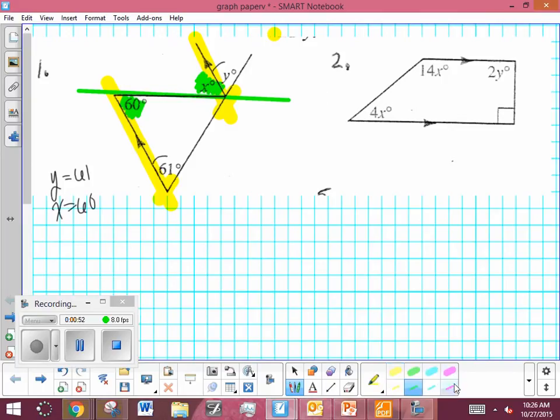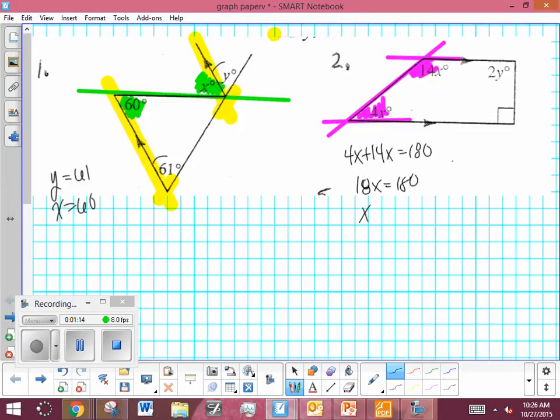Over here, looking at that parallel line and that transversal, I got that angle there and that angle there, which are same side interior. So they are supplementary. Okay, so 18x equals 180. X is 10. I then know by looking at those two parallel lines, that one and that one, cut by